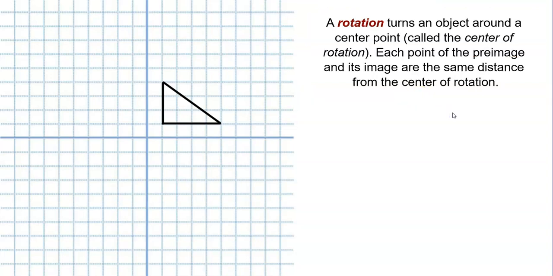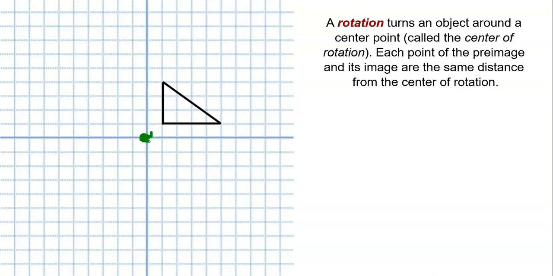So first, go ahead, pause the video, copy down this definition of rotation, and we're going to see an example of a rotation around the origin. Now, this is something you have probably almost certainly seen out in your life somewhere, which is that an object is rotating around a center point. So if our center point is the origin,